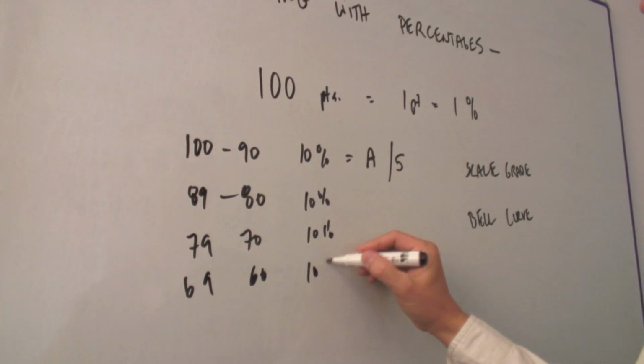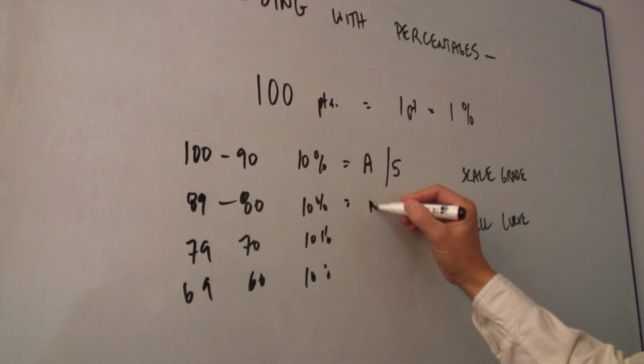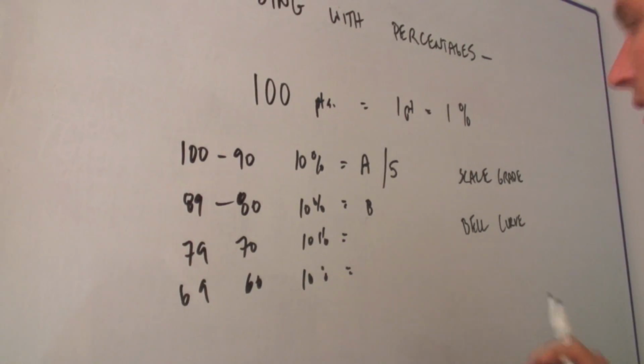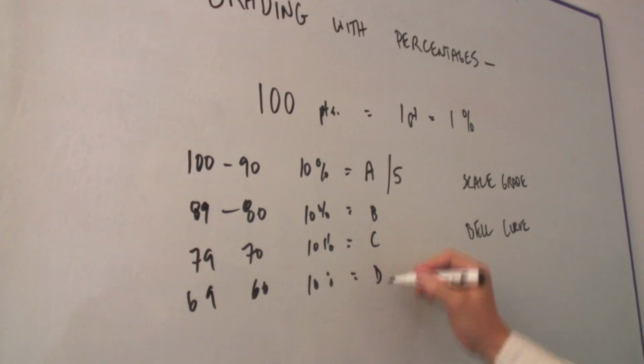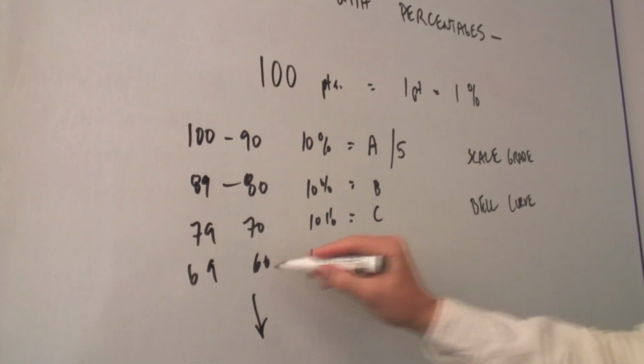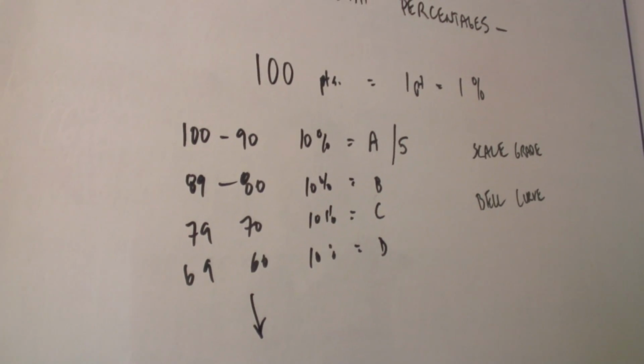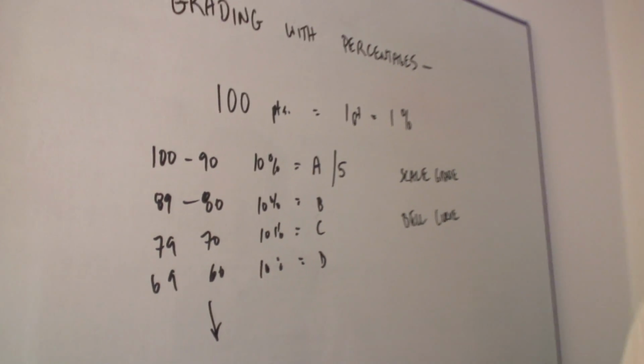And that would be a simple 10% scale grade, and normally below 60% we consider to be a failing grade, but it's completely up to the